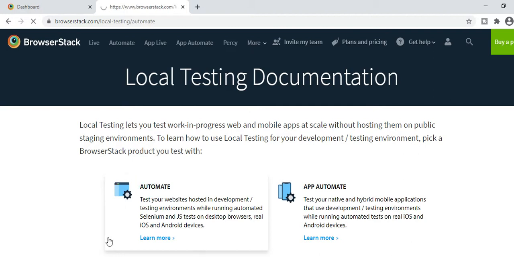As I already mentioned, BrowserStack supports almost all programming languages: C#, PHP, Java, Ruby, Node.js. As I'm aware of C#, I will be writing the test cases in C#.